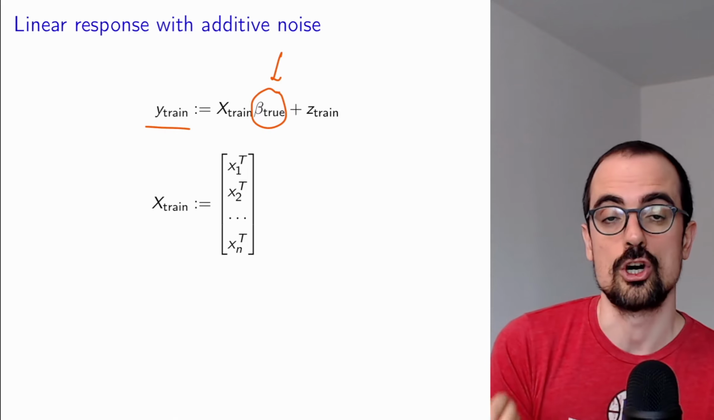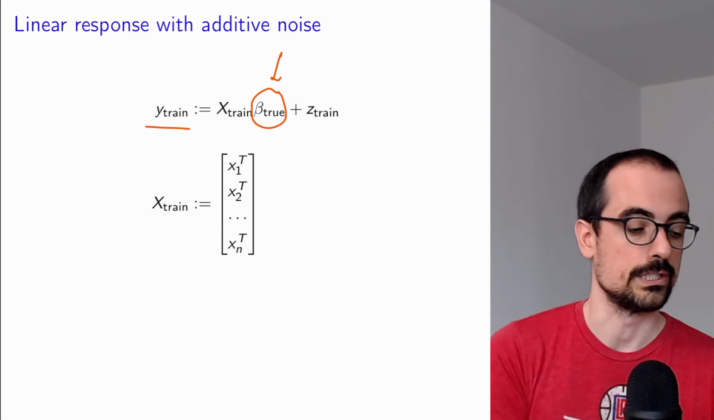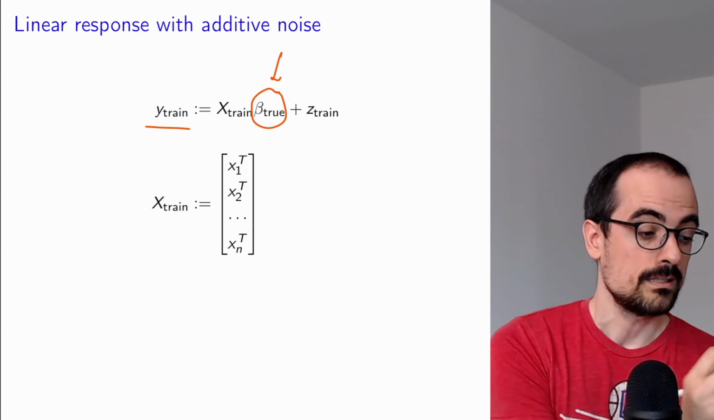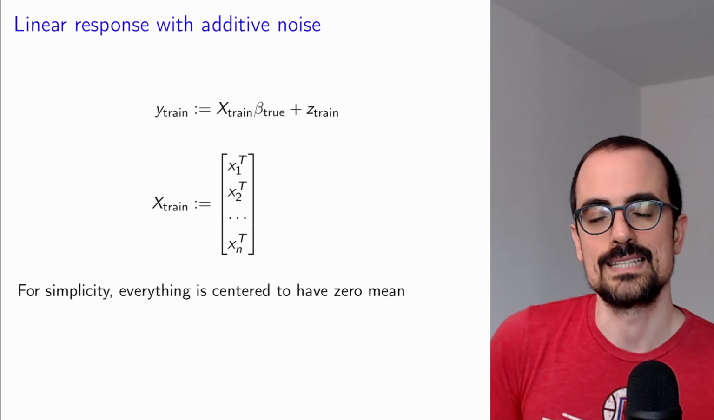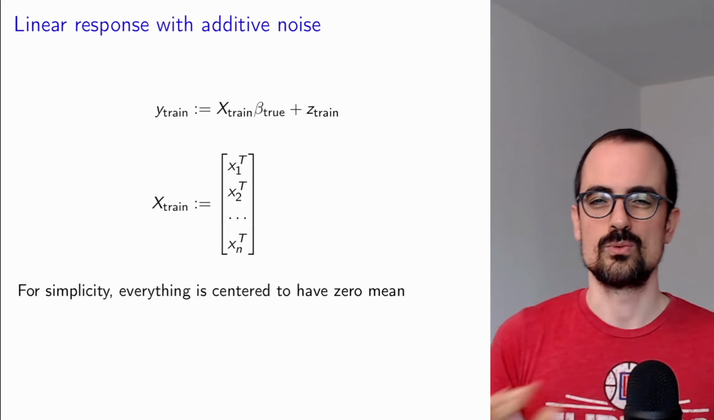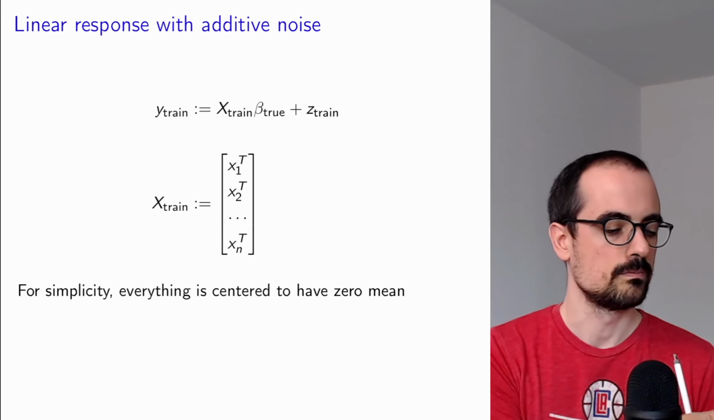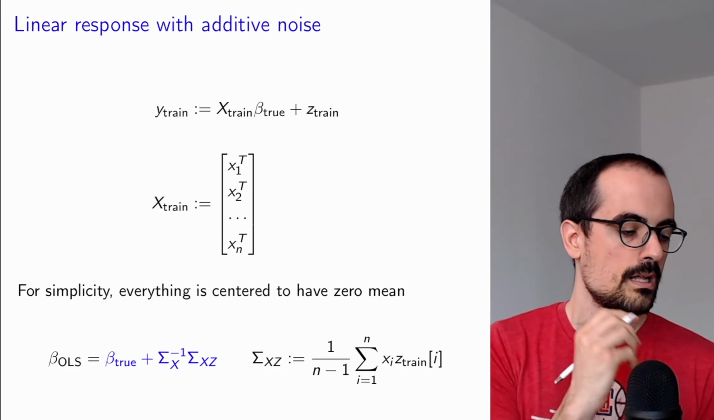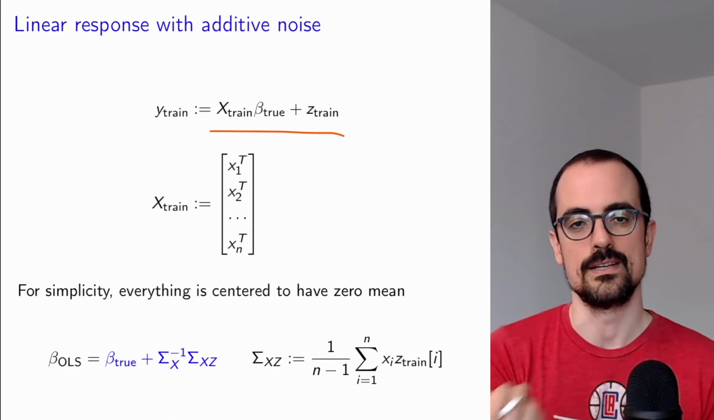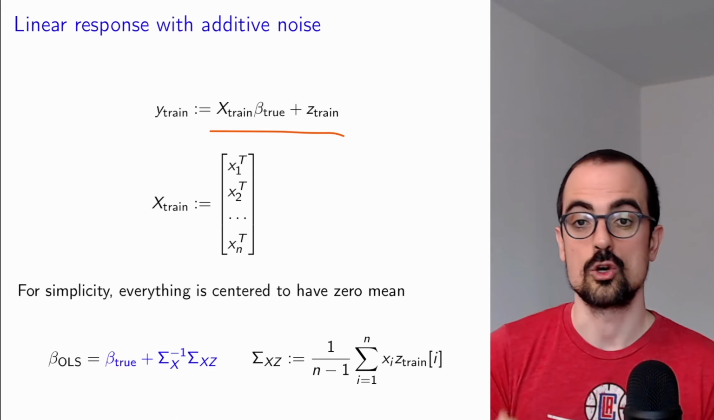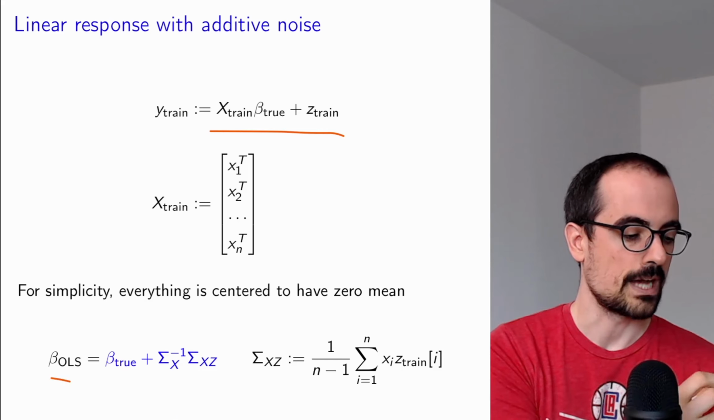It's a linear function of the features with fixed true coefficients, but there's additive noise, and we're going to assume that everything is centered to have zero mean, just so that we don't have to worry about the additive constants in the linear model. We already derived under these conditions, in the video on coefficient error, that the OLS coefficients under these assumptions are